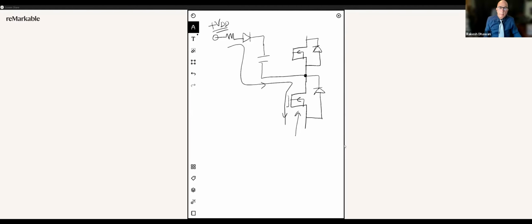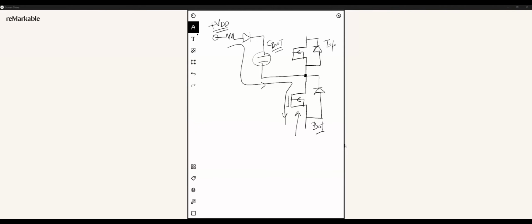Now, what happens in the dead time? In the dead time, I guess you don't really have charging. Dead time, both of them are off. Can you see my screen? Yeah. So this is your top MOSFET, this is your bottom MOSFET, and this is your boot capacitor. This boot capacitor is getting charged only when the bottom MOSFET is on. So it's critical that the bottom MOSFET be on for this to get charged. In the dead time,